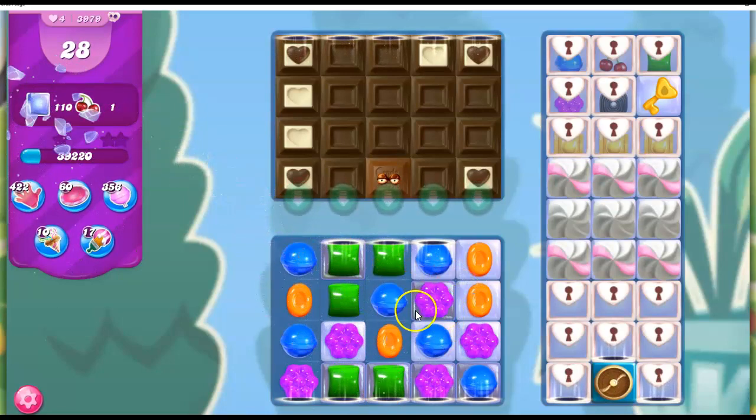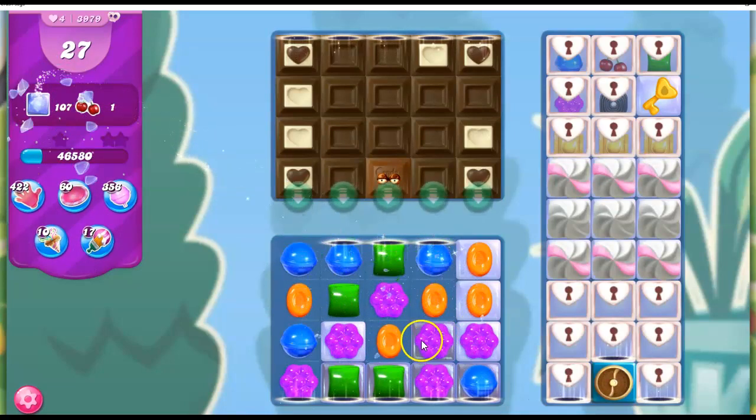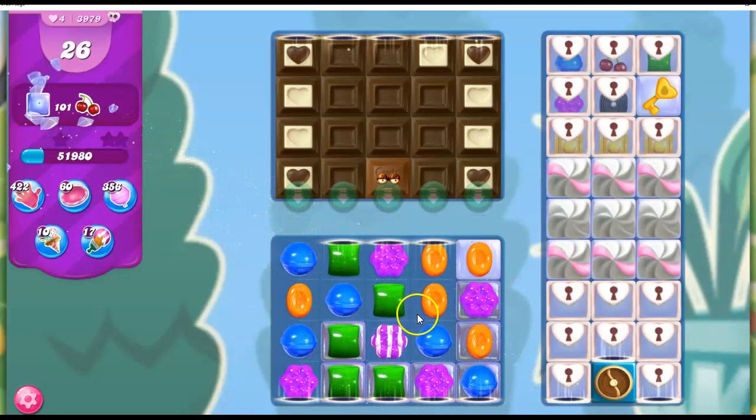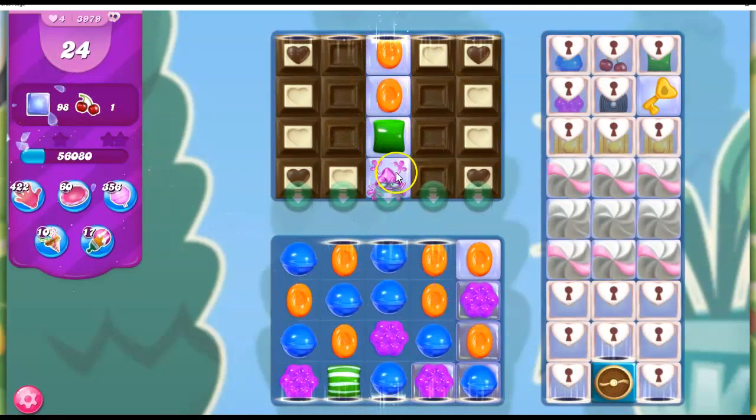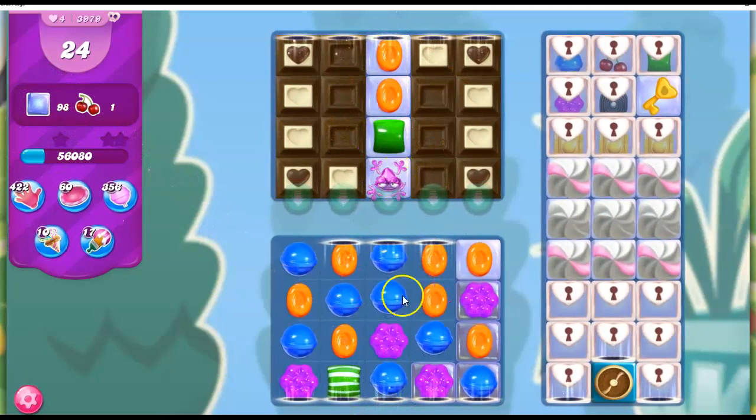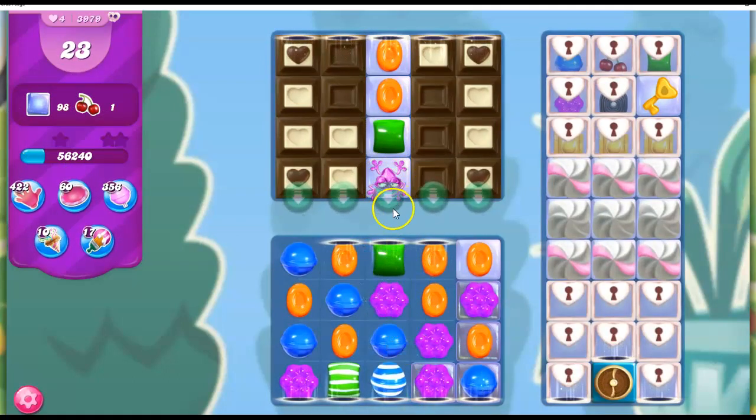I'm going for a bit of cascading. I feel like that might help me most on this board. Here we go. So we've got that. Now we have to set it off. There we go. We've got the frog. Now we have to be able to move her, and I can't move her yet. I can't fill her, and she's likely to get consumed